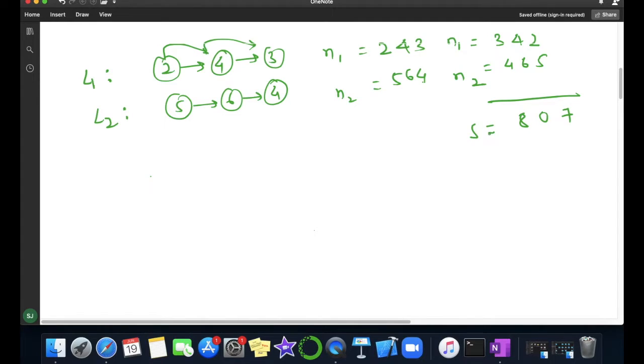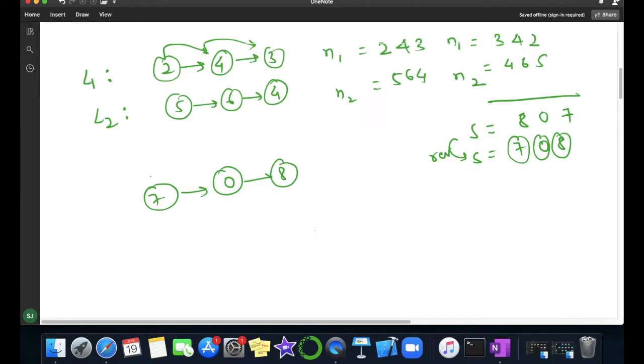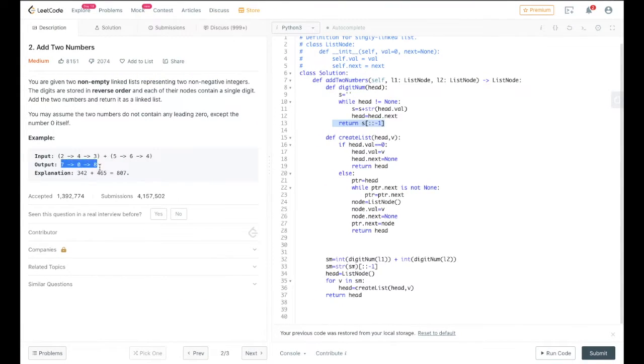This was our s, and after reversing we changed it to 708, and we passed these values as node values. So our nodes were 7, 0 and 8, and we returned the head pointer. You can see here 708. This was our very first approach.